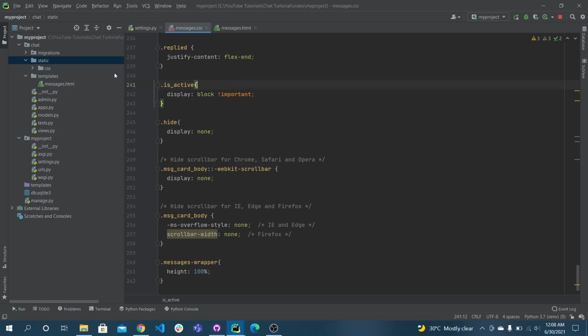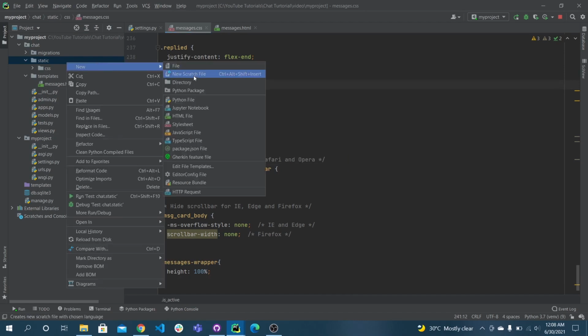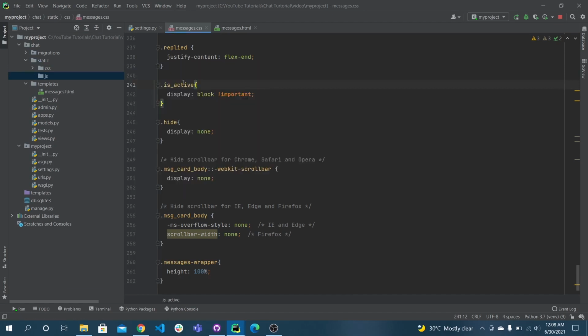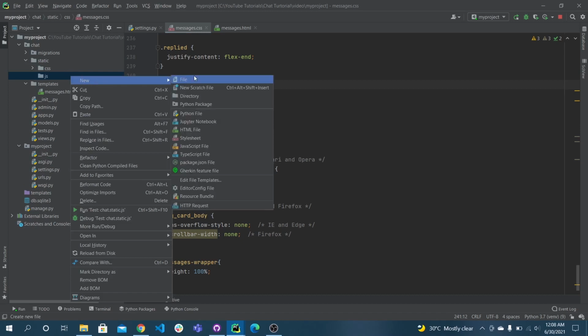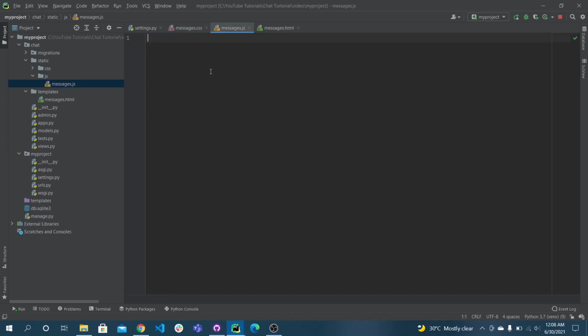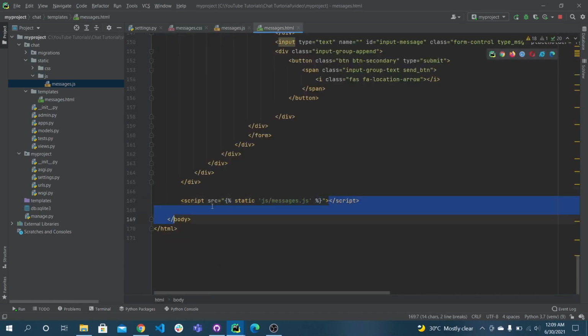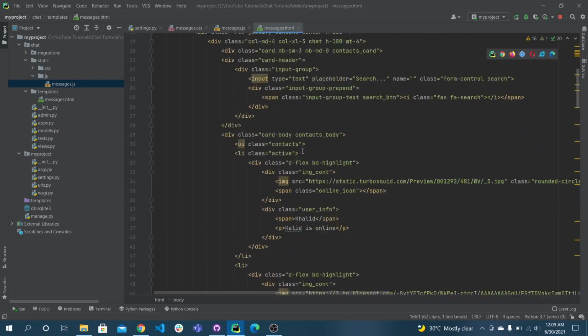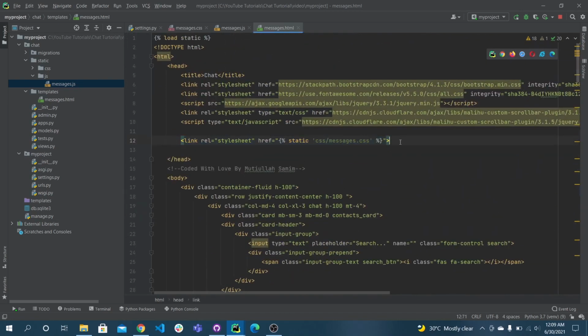Now I have to create a new folder and name it js, and I'll give messages.js. For now we are not writing anything in the messages.js file. We have simply imported the messages.js file and also the CSS file.